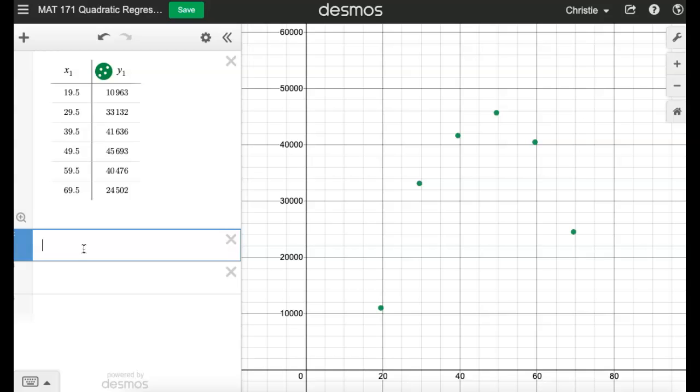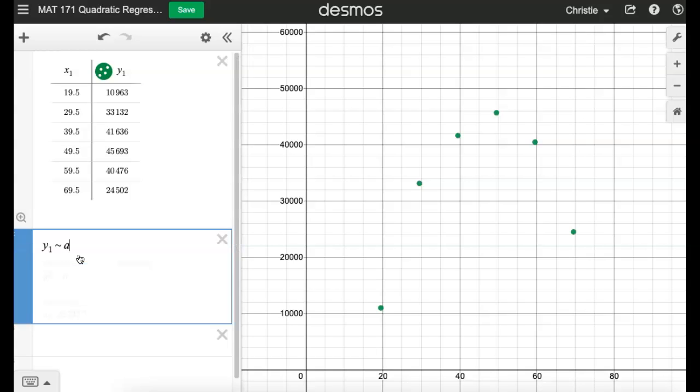But because my variables here are referred to as x1 and y1 according to my table, I need to instead use y1 instead of just y. I also need to use x1 instead of just x. One other little different thing is we're going to use the tilde. That symbol is beside the number 1 key on your keypad. And usually you have to press shift to access the tilde. In mathematics, that means y1 is regressed against